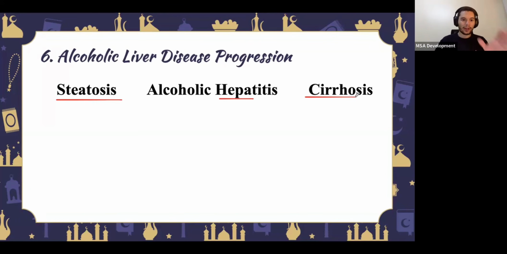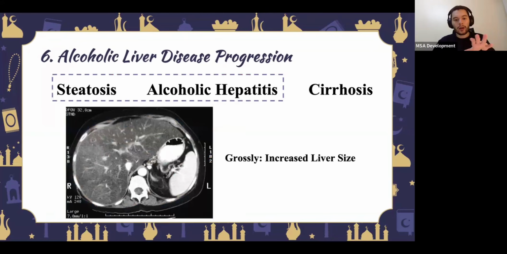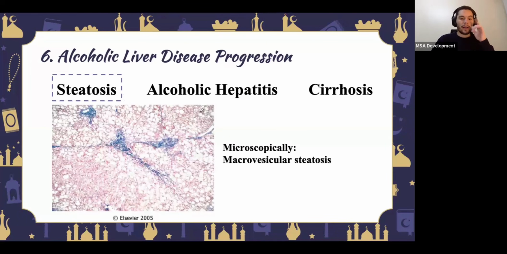Remember, on gross examination, the liver is large. So if you find in a question stem that this patient had a large liver, you'd have to keep alcoholic liver disease in your mind. Okay? Enlarged liver. But secondly, in steatosis, as you can see, there is fat accumulation, and this we refer to